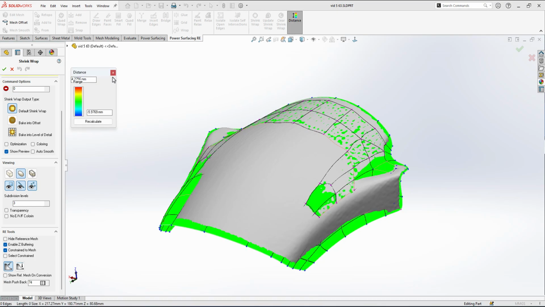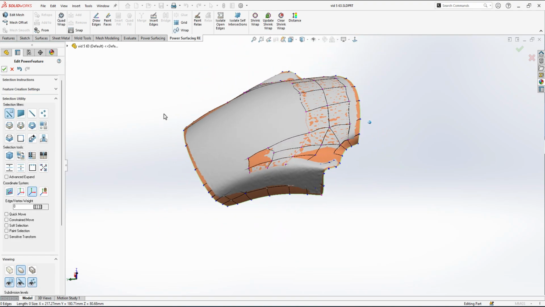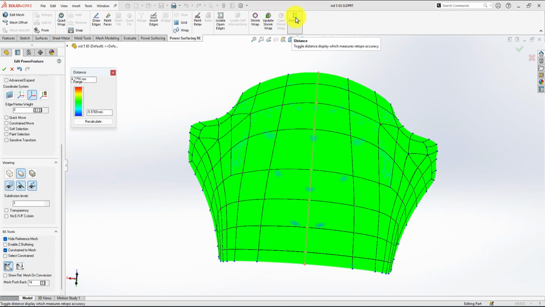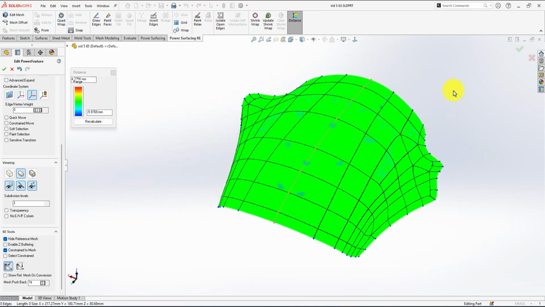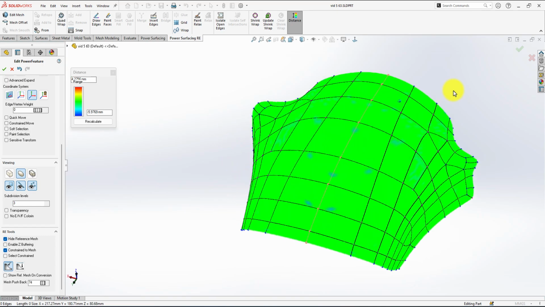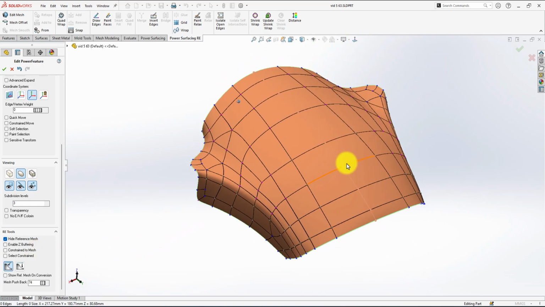Let's see the distance, it's all okay, and okay. Okay, so you can see now it's all clean and attached to the surface. Let me uncheck constrain it to the mesh, and